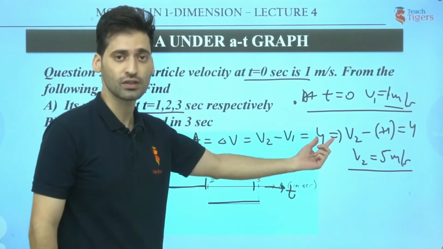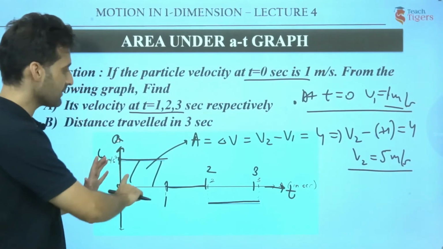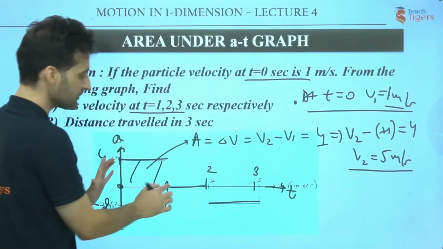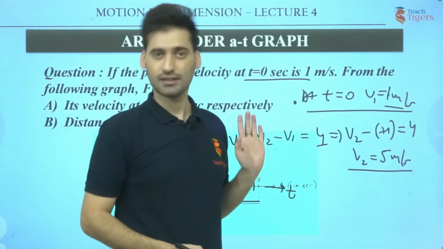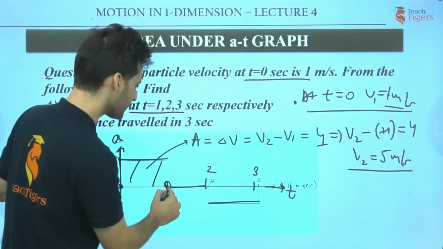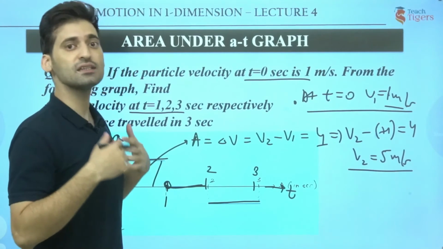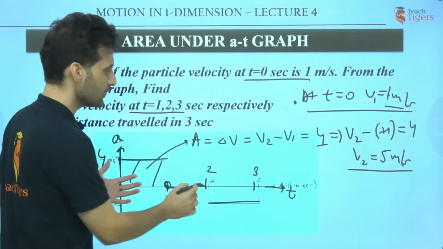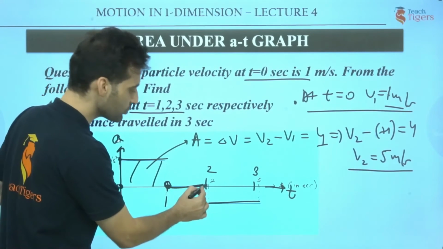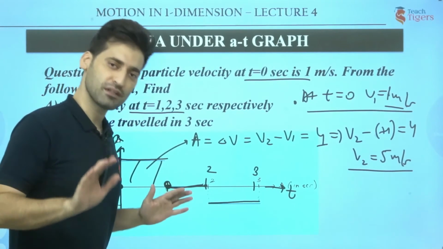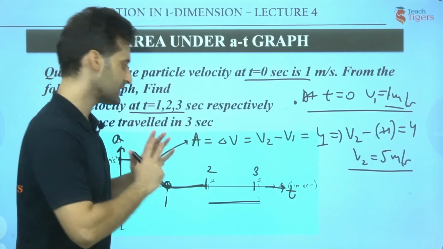तो change कितना है मेरा? 4. और अगर यहाँ पे at this point my velocity was 1 meter per second और कितना change आया? Plus 4 is the change. So definitely at 1 second now my velocity will be 5 meter per second. Isn't it fine? Now next, from 1 to 2 if you move, is there any area? No area. So there is no change in velocity from here to here. That means if at 1 second the velocity is 5 meter per second, then at 2 seconds also the velocity will remain 5 meter per second. The reason is no area, no change in velocity, so velocity will remain the same till here.